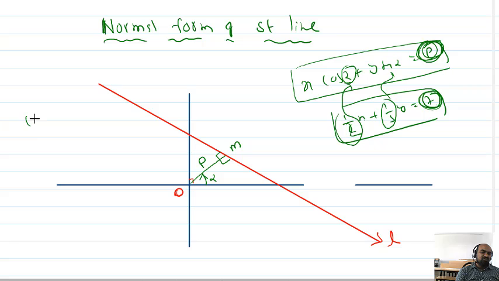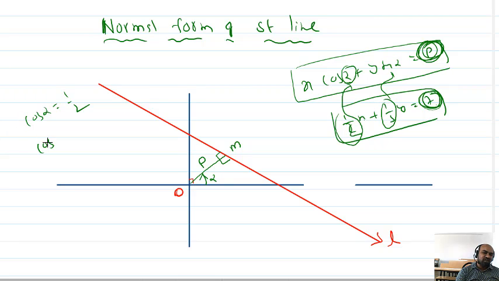Okay. So cos alpha is taken as 1 by 2. It should give sin alpha as root 3 by 2. Then only you can say that it is normal form. Then you can say that 7 is the distance from origin to that line. Now I want to cross check. If this is taken as cos alpha, will we get the matching value as sin alpha or not?